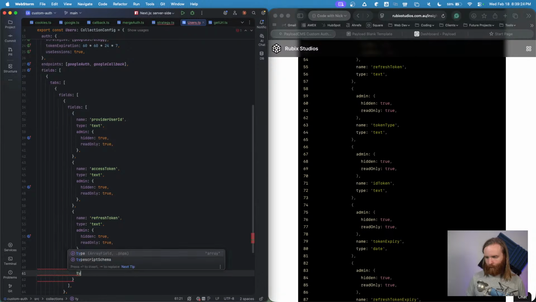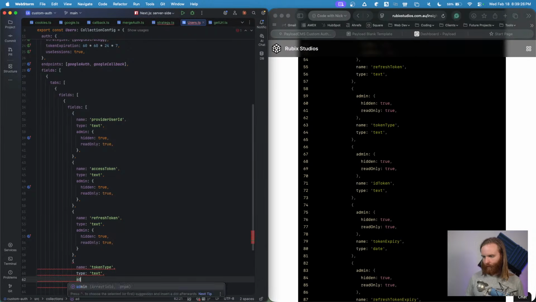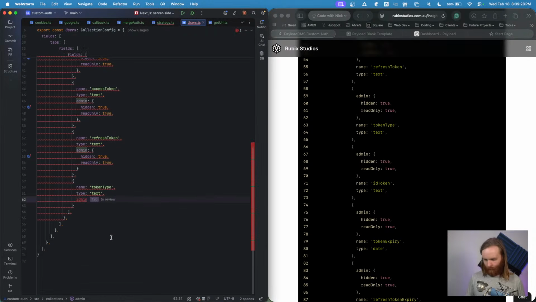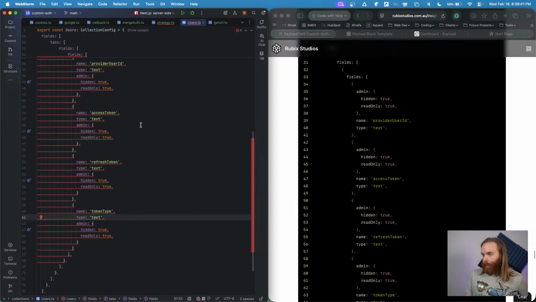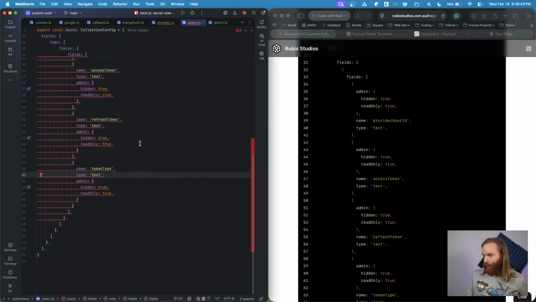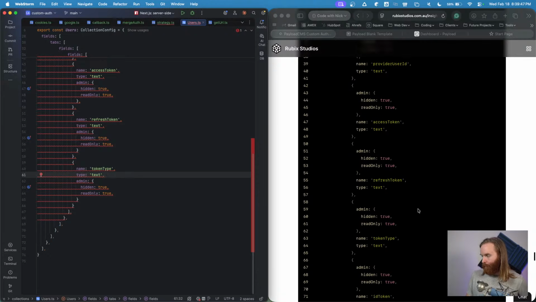That will be a type of text. Again, admin, hidden true, read only true. So we have our provider user ID, our access token, our refresh token, our token type,